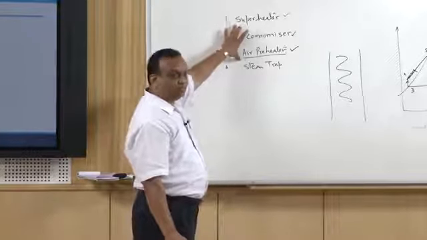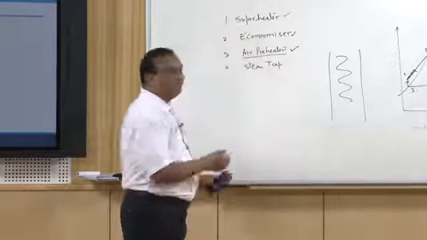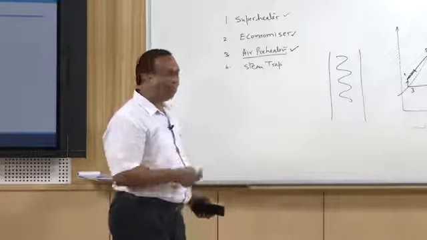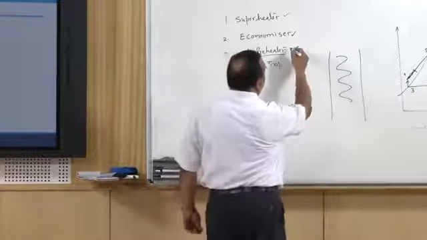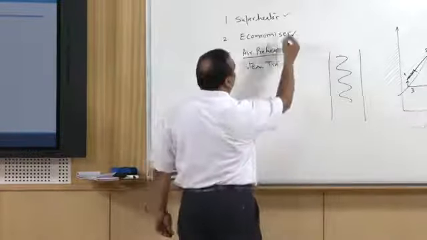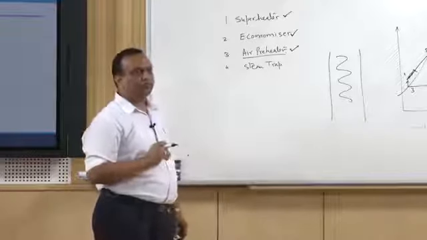First of all, the efficiency of the boiler, right. If the efficiency of the boiler is increased, the efficiency of the cycle will automatically increase. So, the air preheater also takes heat from the flue gases, the economizer also takes heat from the flue gases, and the superheater again takes heat from the grate and the flue gases flowing in the boiler.